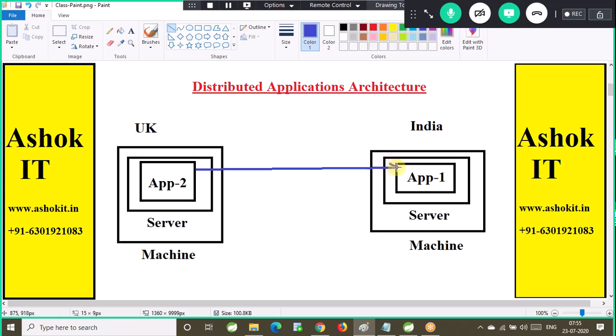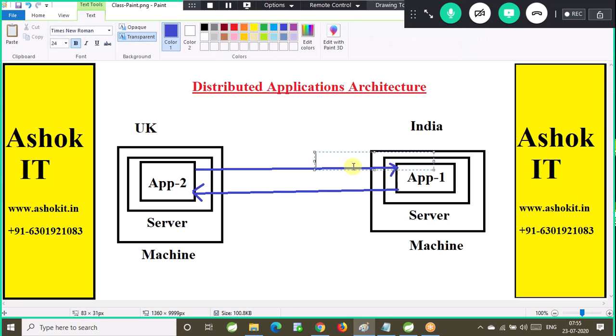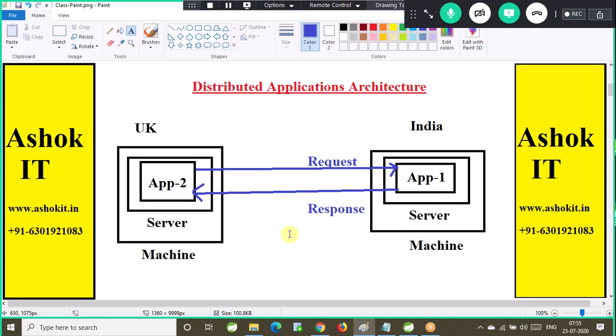Then application 1 should process that request and send the response back to application 2. So this is called request. Then this is called response. Request and response. Are you guys clear with this one?